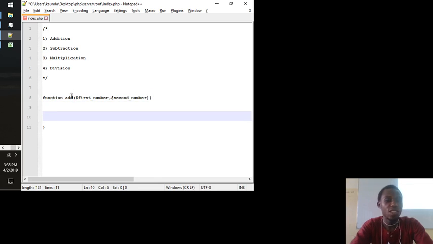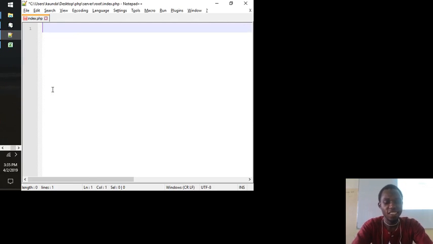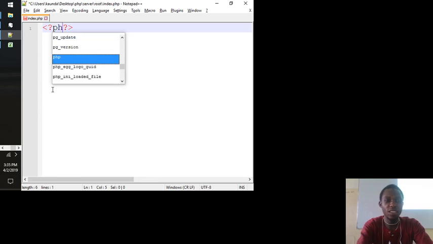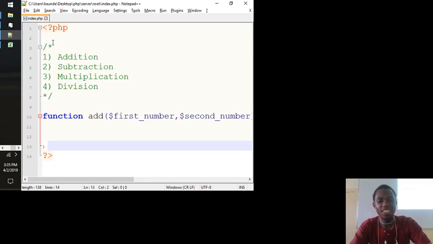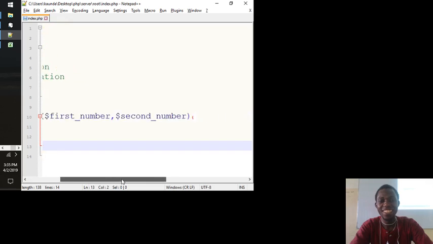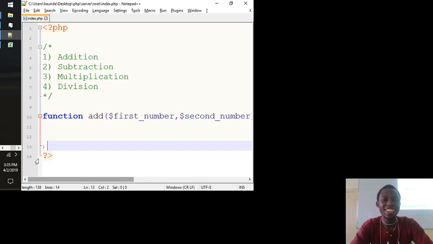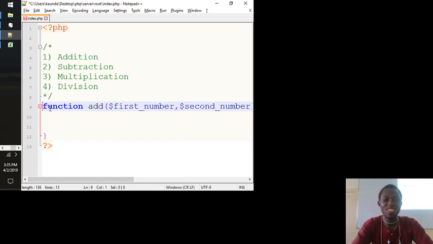Now, when I come inside the function, there's something wrong with mine. It's not in the PHP tag. Are you okay? It's supposed to be in a PHP tag, something like this. It's not having colors. Is it? So